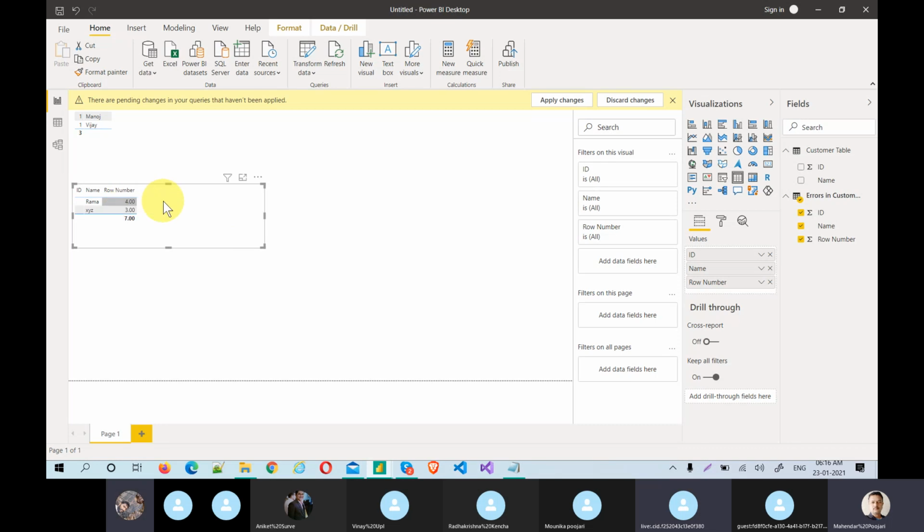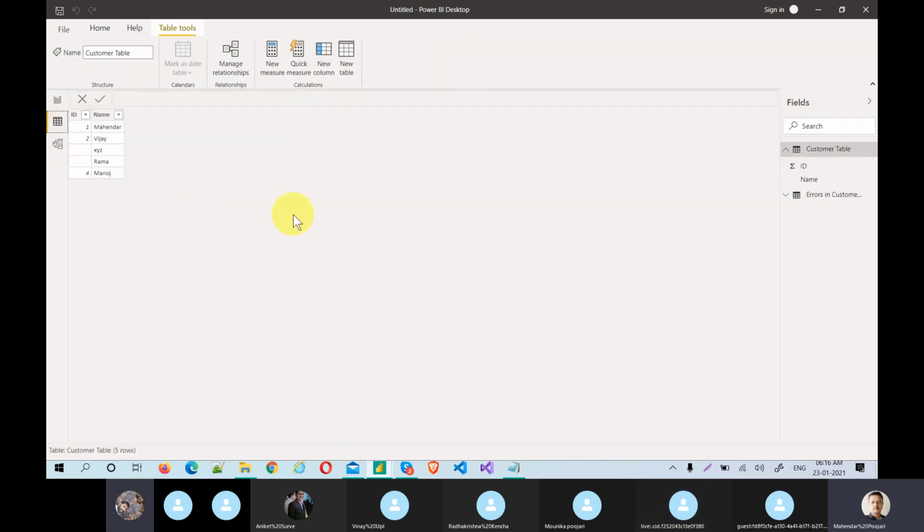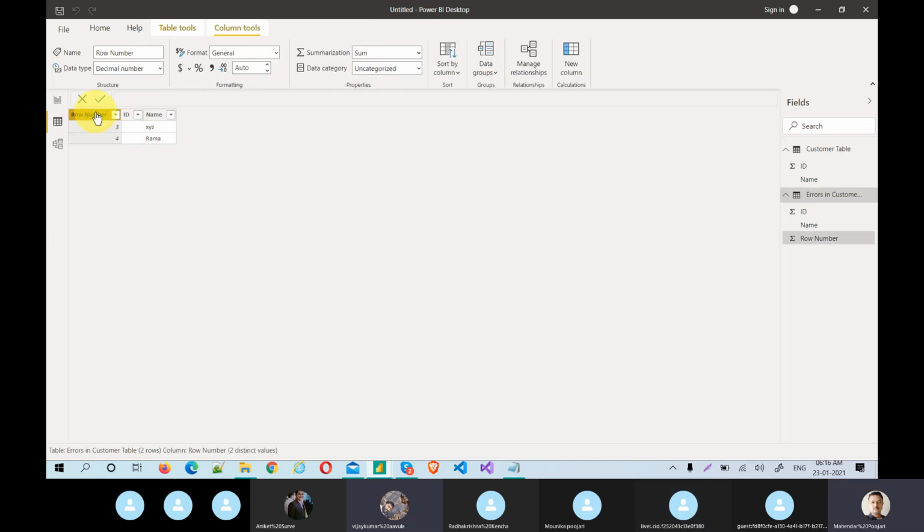You can change it to number, all those things. ID will be number. You can go to the data and do that. But yeah, for now, I'll show you that with error records. Okay, you select this. The row number is actually auto, but you just need to make it 0. I mean, after decimal you won't get it.